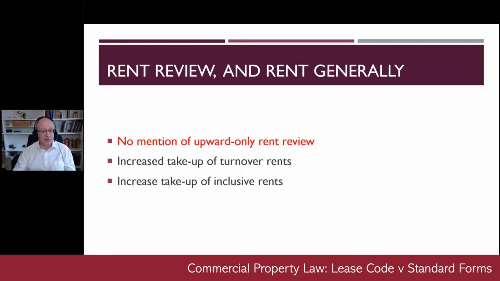For a landlord, it's a much bigger risk, but it may be regarded as being acceptable for short, low-value lettings where you've got tenants who've got a very simple business model. Now, the idea of calculating rent upon turnover, you can express, as I've just done, in about 8 words. It's very simply expressed, but providing for the detail of it in lease drafting is rather more complicated, and typically you're going to see a 12-15 page turnover schedule in the back of a lease which has rent calculated on